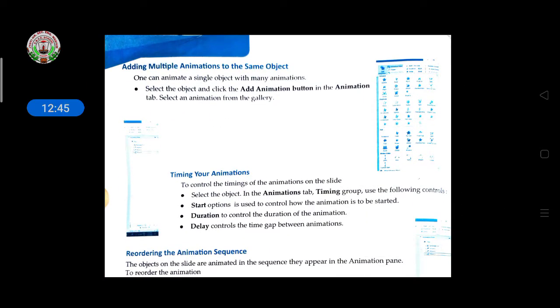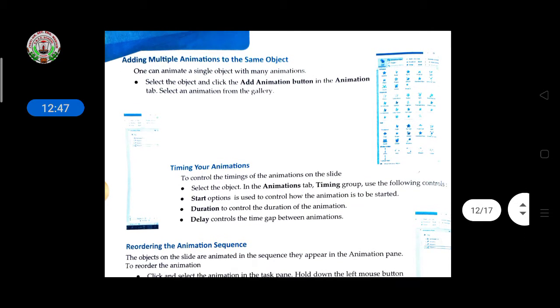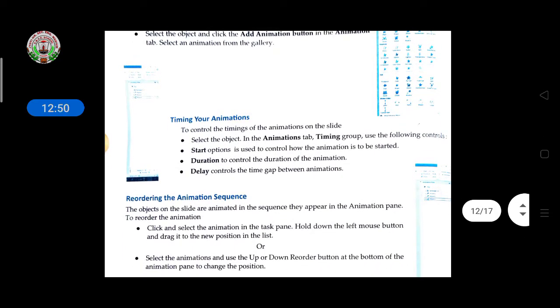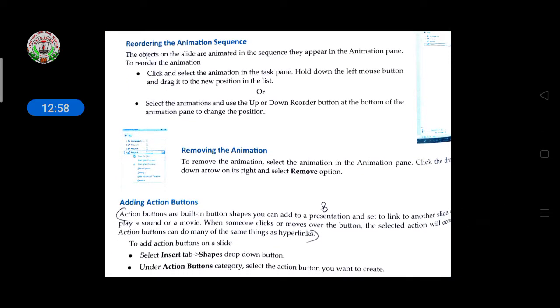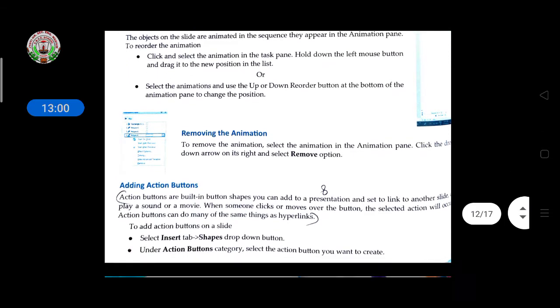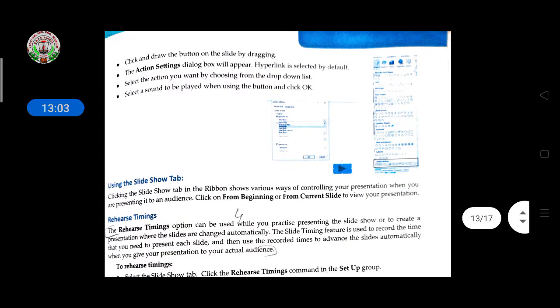Then if you want to add multiple animations, the animations will come here sequentially, and if you want to remove some animations, you only have to right-click and then remove them.